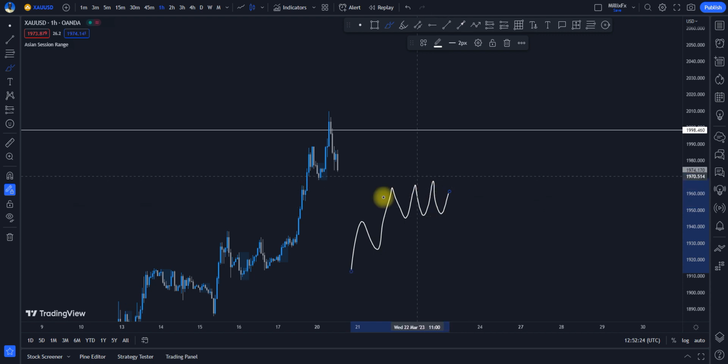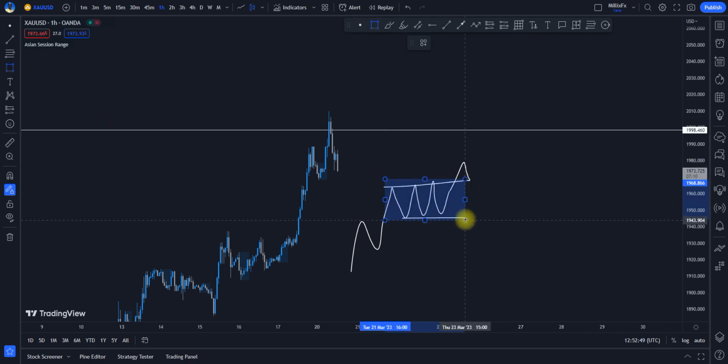Now, what people will be expecting is probably to look around this range to take their support and resistance trade. I'm not saying support and resistance doesn't work. It does work, all right. But you need to take note that some support and resistance traders trade break and retest, which is what I would prefer as a trader. Even as an SMT trader, I would prefer this kind of break out before I can assume where the market is going next. In most cases, I have my blue kind of range